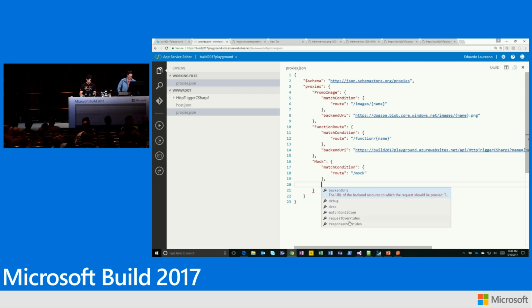So now this is the new part, the request and response override. So as you're routing to a backend, as the request is coming in, you could change that request before you send it to the backend. Let's say change something in the header, add an additional header that wasn't there in the original request. And on the way back, you could change the response as well. So you could do your response override here for time-saving reasons.